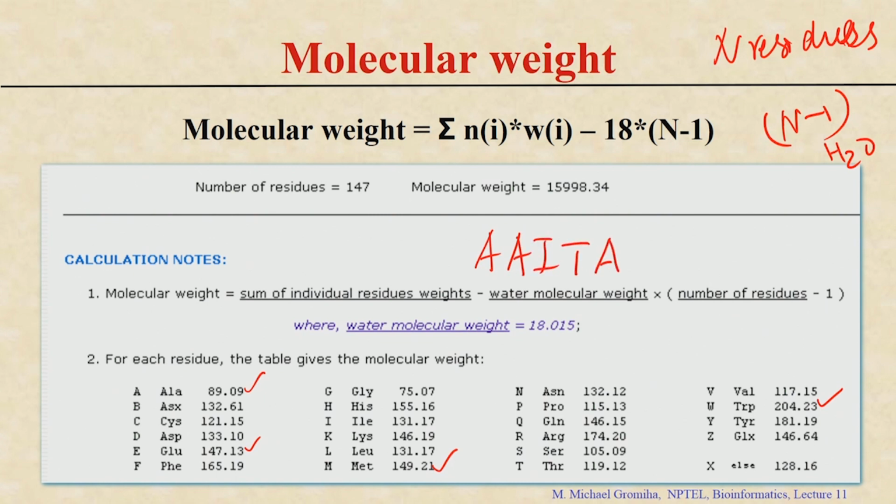So, to calculate the molecular weight, what do we have to do? First, we have to assign values for each of the residues. So, how many alanines here? 3. So, 3 multiplied by 89. Then isoleucine is 1 time, 1 multiplied by 131, and 1 threonine, this multiplied by 119. So, this equals